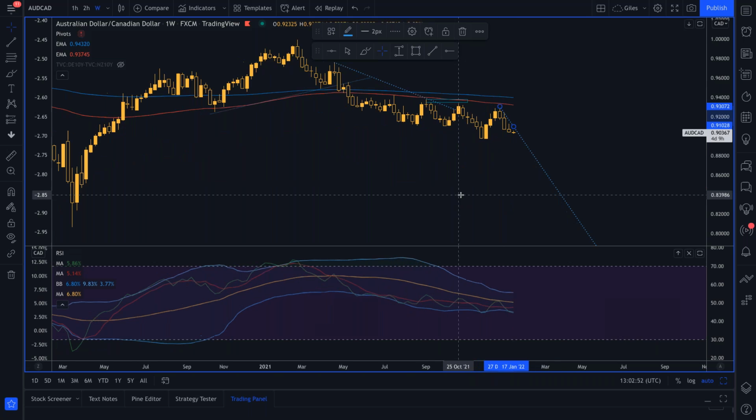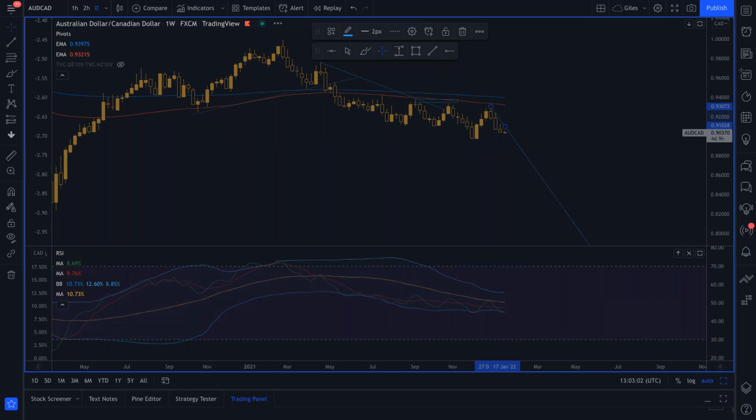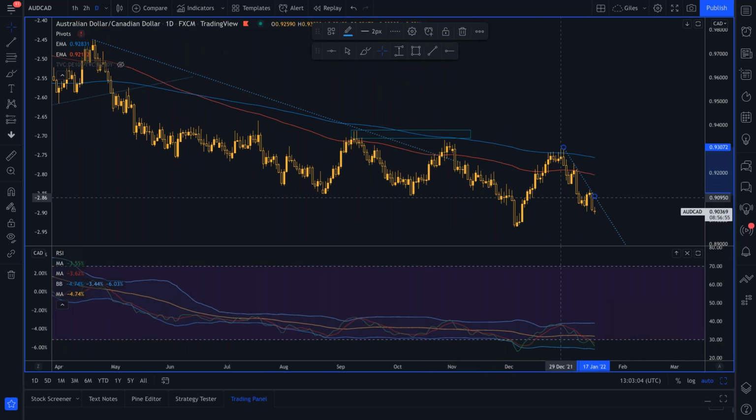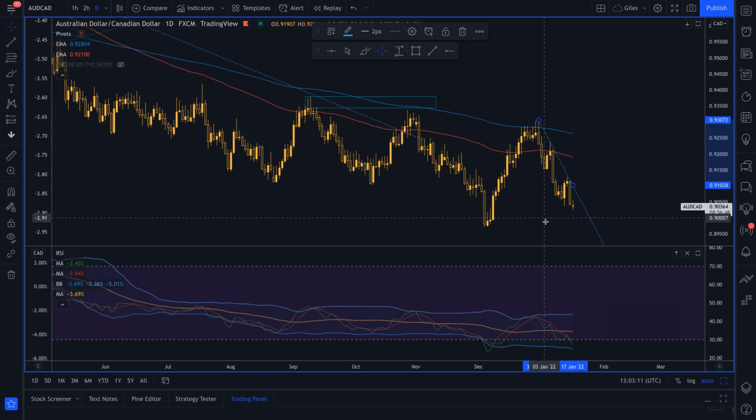It's possible, if you're thinking that's going to be moving in the right direction, you can just take a punt at that. If I was going to take a punt, what I'd look at is, if the CAD CPI is a beat or strong and you see them move low into that 0.900 region, you could potentially buy into that spike lower if we saw any CAD strength, and then just hold the position and bring it up to just underneath the recent low ahead of the employment data. So I think that's one thing to look at.